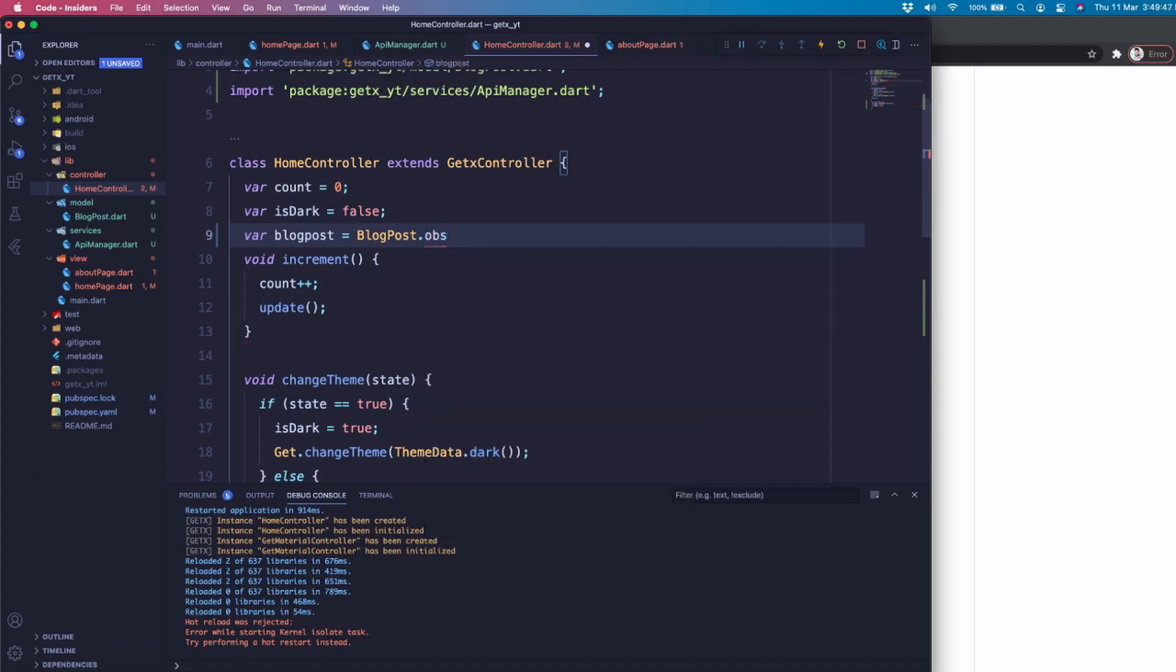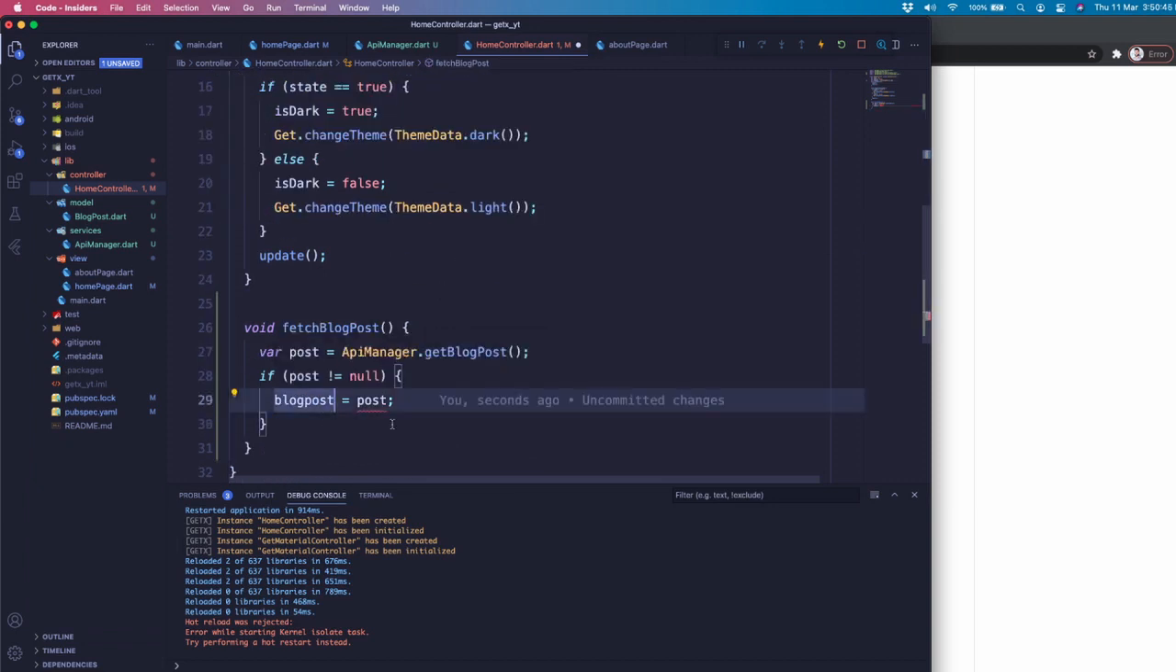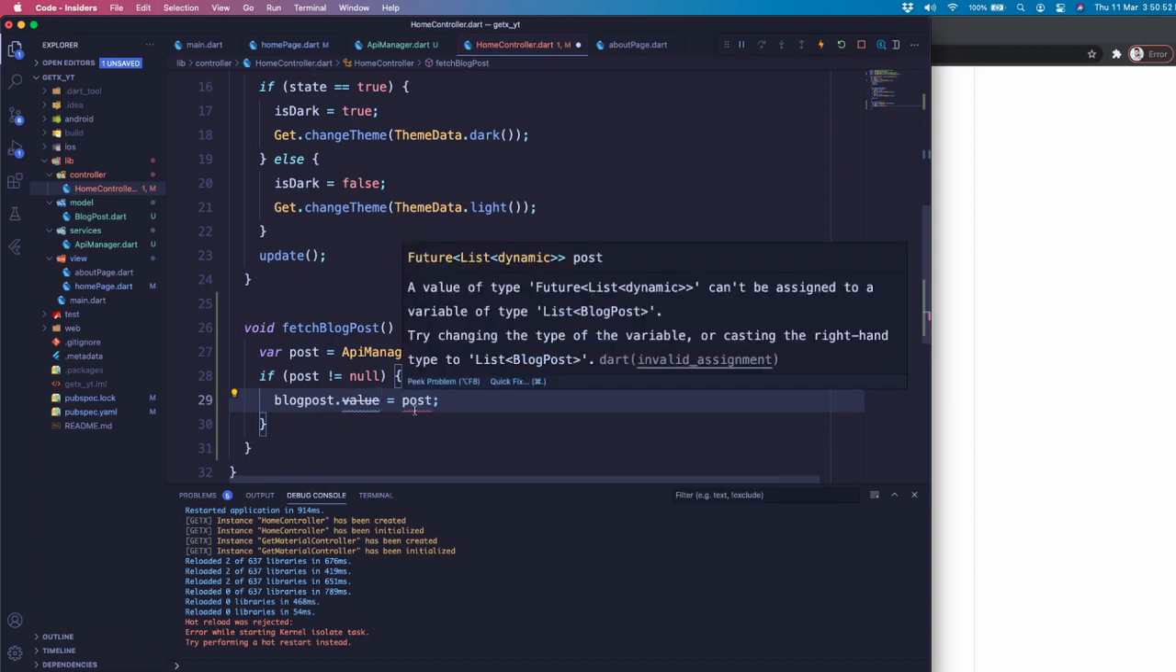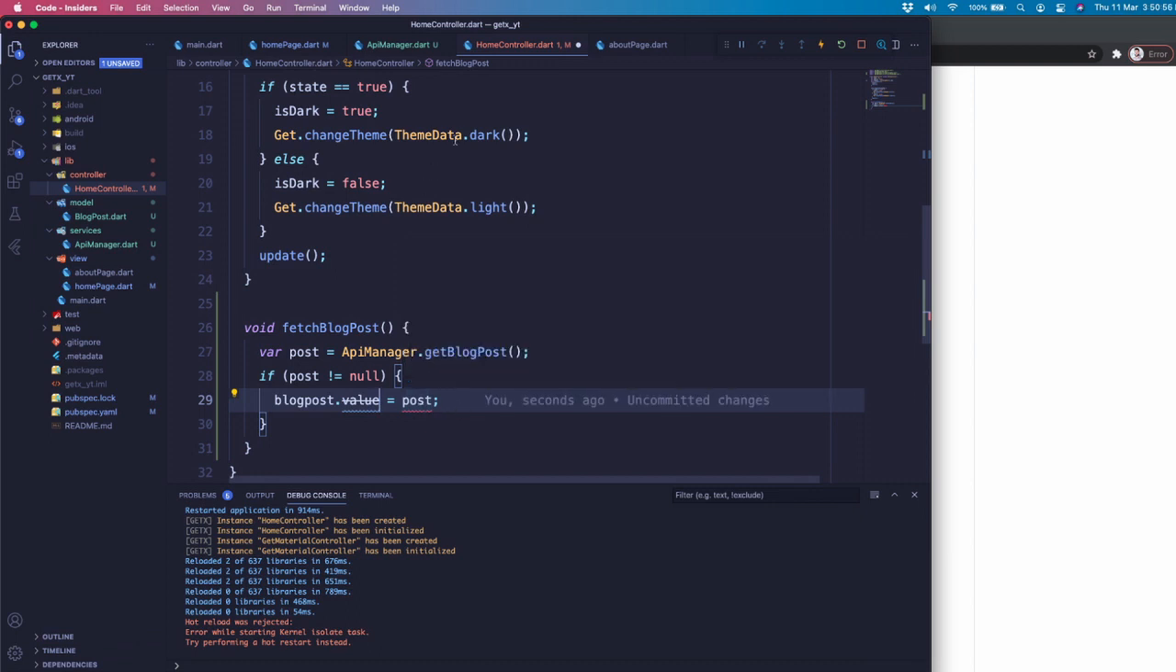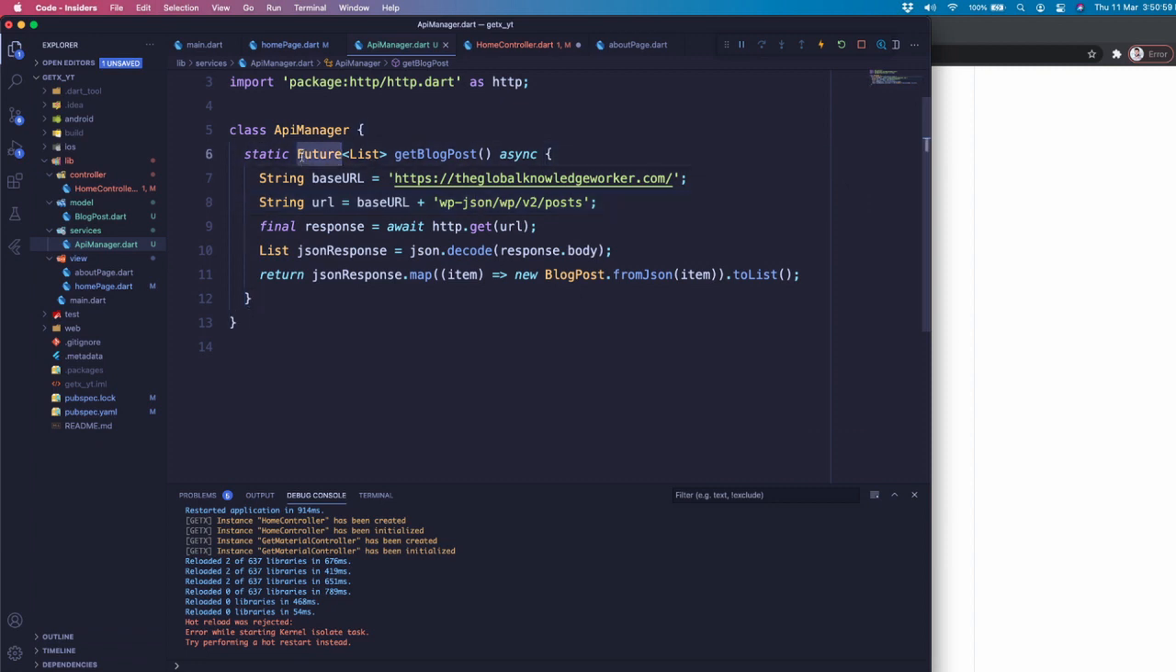The model we have defined is blog post, and let's make it observable. This is going to return a list, so I'll wrap this blog post part as a list, and this is observable. So I can do this value, whatever post I'm getting, I will store over here. Let me just correct this. Instead of future,